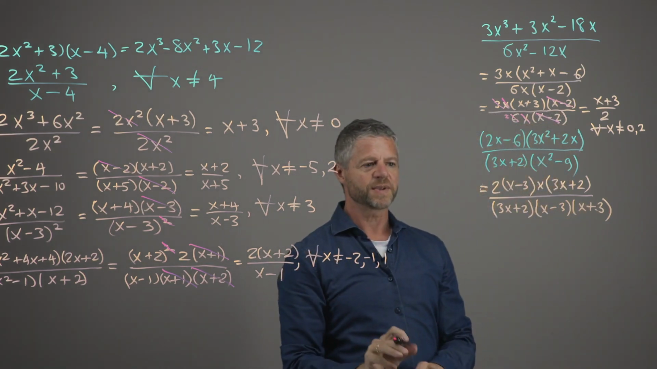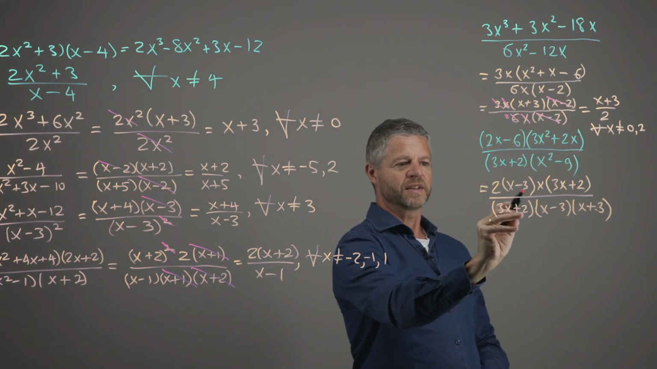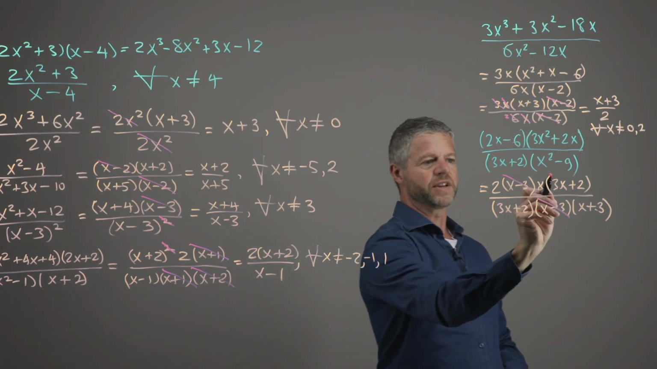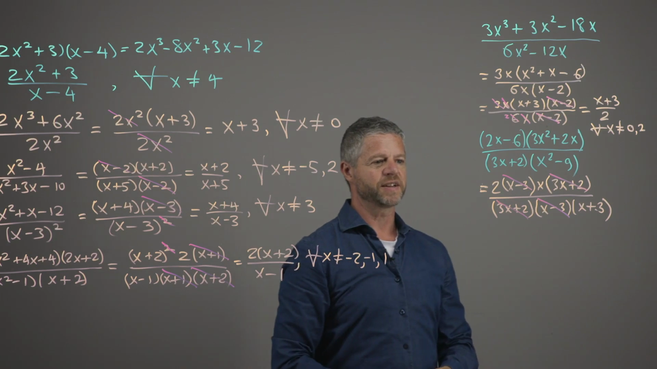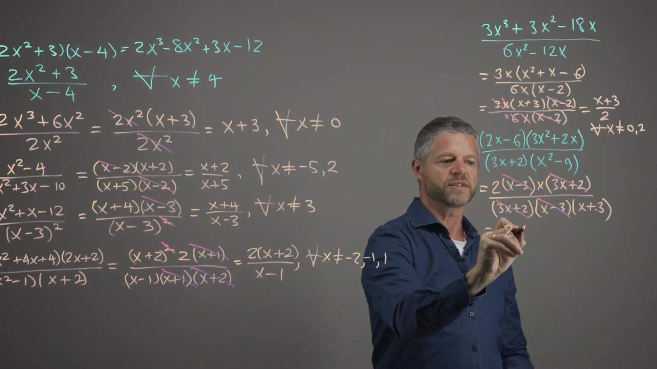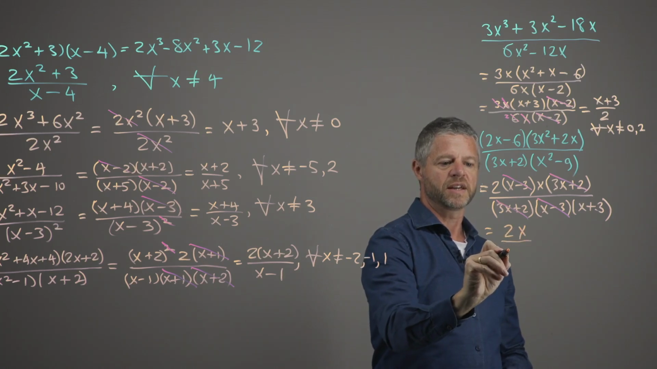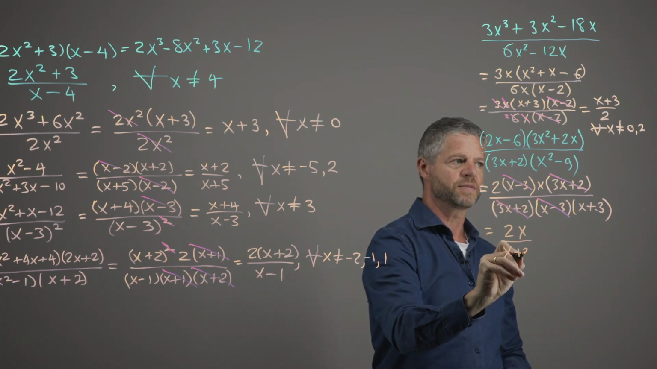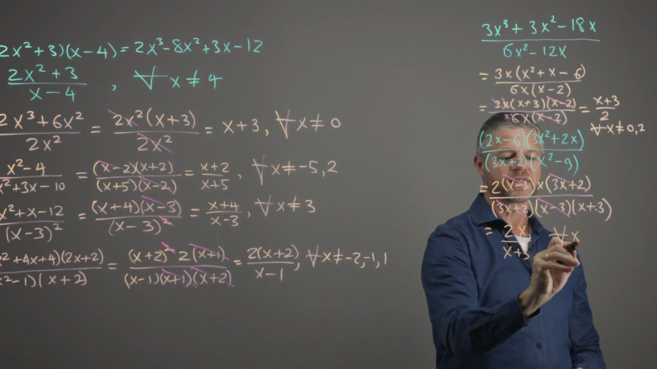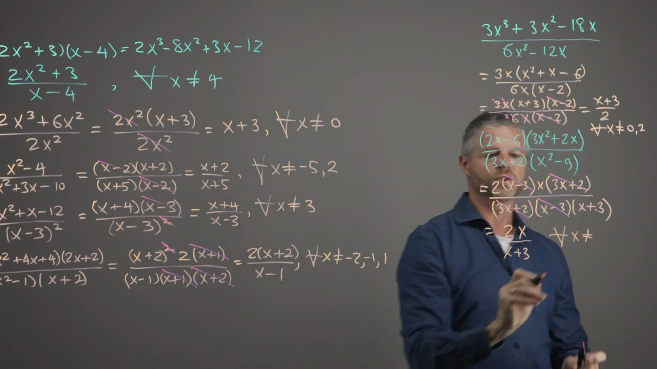Let's see if I can do some cancelling now. I got x minus 3 in the numerator and the denominator. I got 3x plus 2 in the numerator and the denominator. So I end up with 2x in the numerator, x plus 3 in the denominator, and this is valid for all x not equal to,